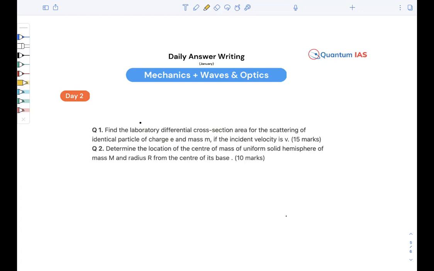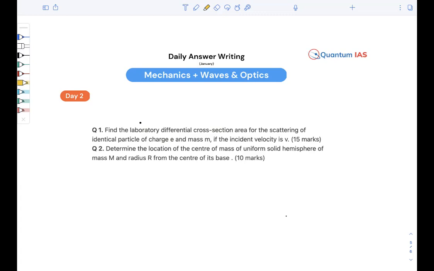So let us talk about question number 1. What should be the introduction? Whether it should be related to center of mass and lab frame, or it should be related to the scattering, Rutherford scattering. So what I suggest you write is the definition of differential cross section area, right? So you will define